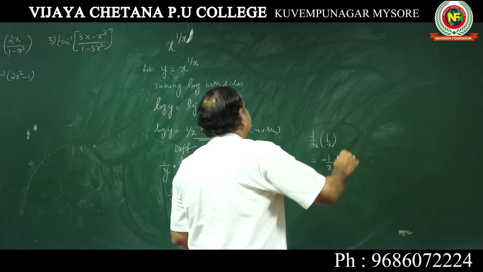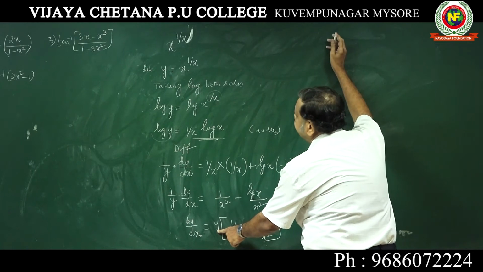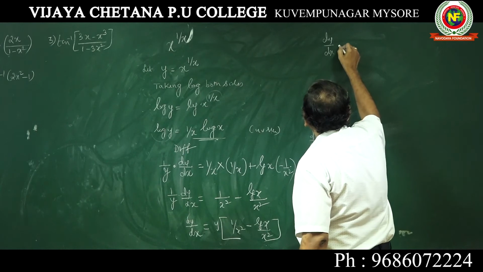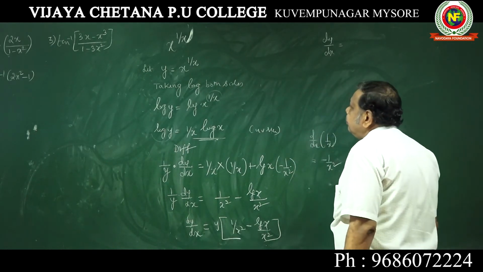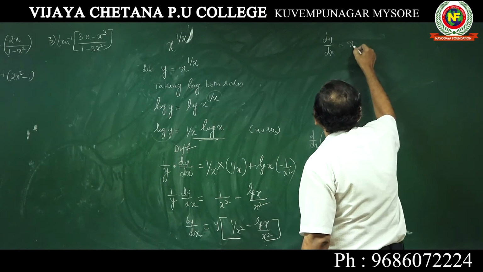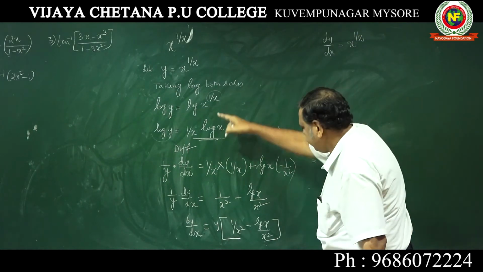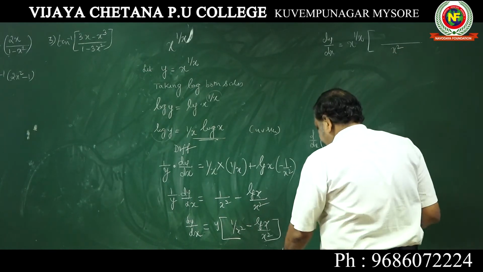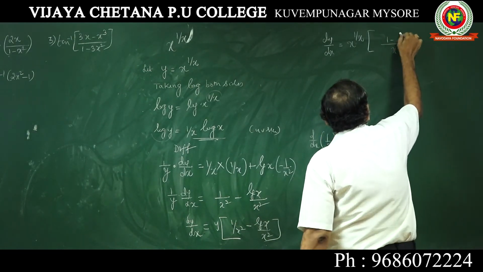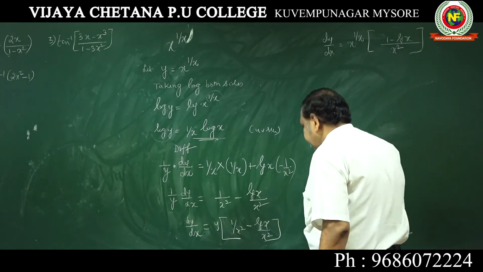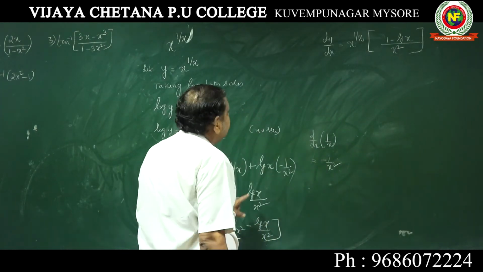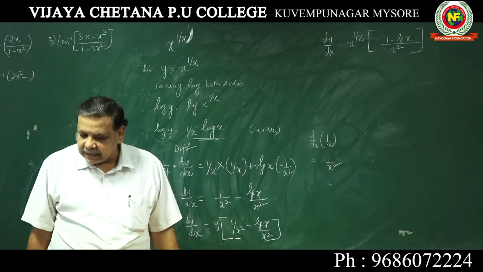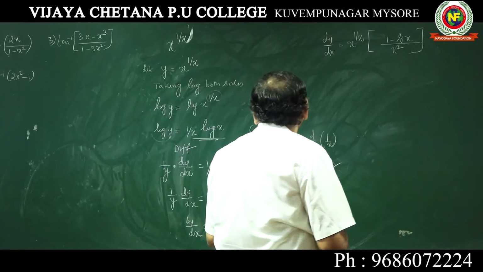or it is, final answer will be, substitute back for y, don't keep y as it is. dy by dx is equal to y is x to the power of 1 by x into, if you want take LCM there, x square LCM thoroughly 1 minus log x into d. Suppose you don't want to take LCM, you can keep it as it is. Y substitute back, you can keep 1 by x square minus log x by x square. You can keep the LCM.